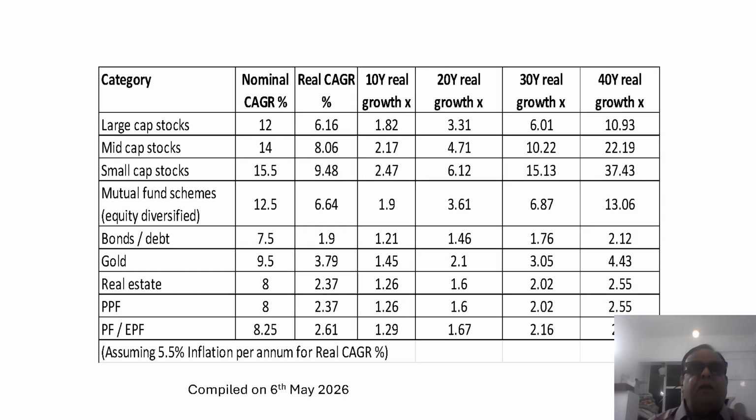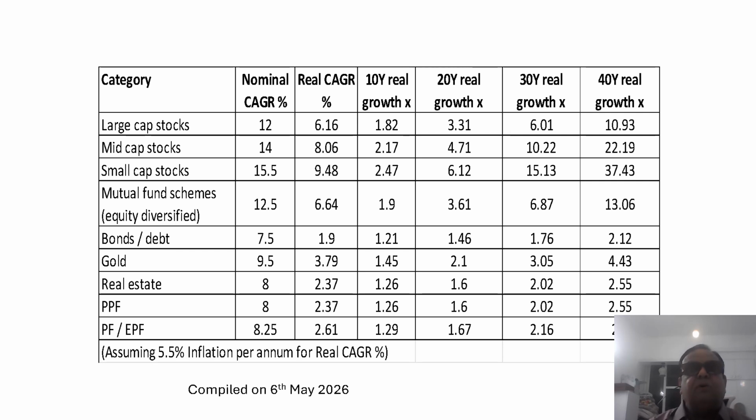Anyway, let's get into numbers now. You have been investing in bonds, gold, real estate, PPF, mutual funds, etc. But here are your clear positions. I have categorized the investment in the stock market as large cap, mid cap, and small cap. In theory, large caps are those stocks whose total market capitalization exceeds $10 billion, mid caps are 2 to 10, and small caps are below 2 billion.